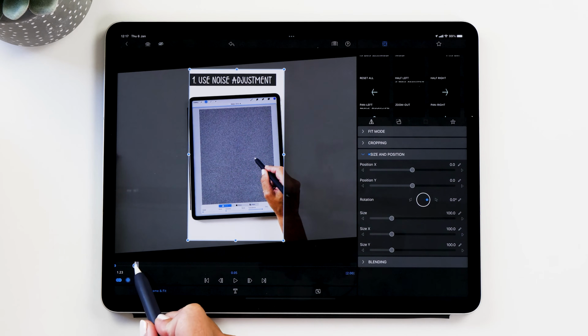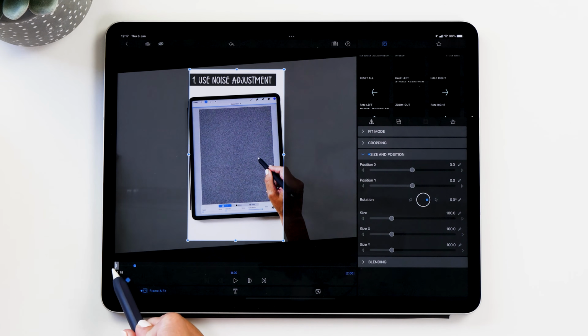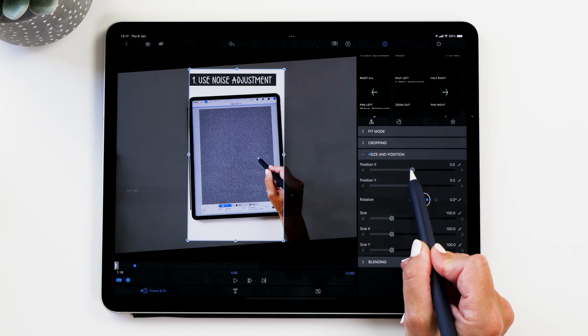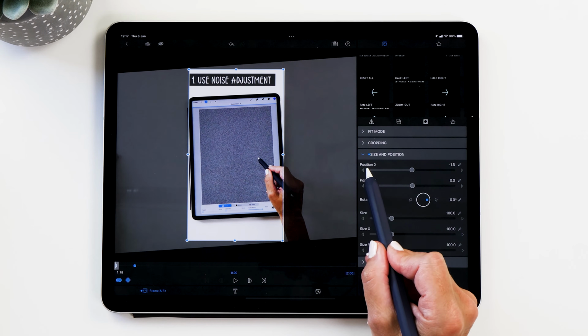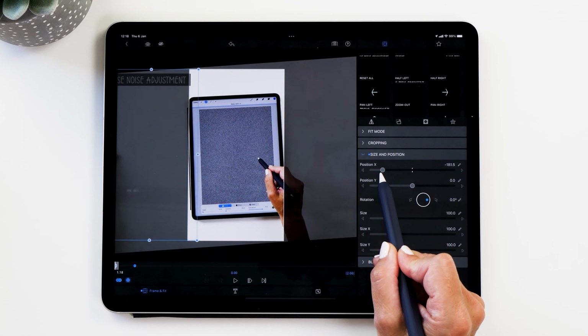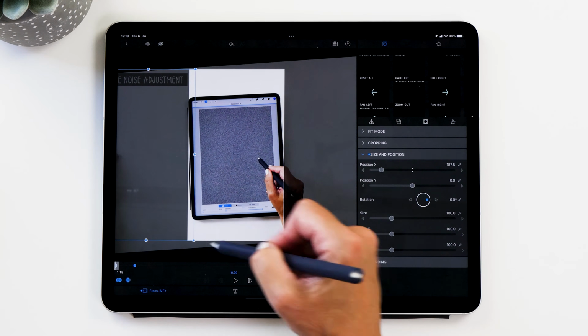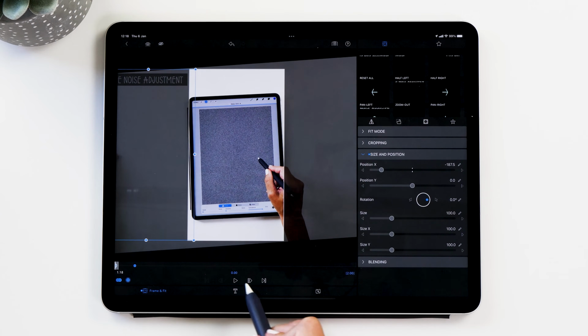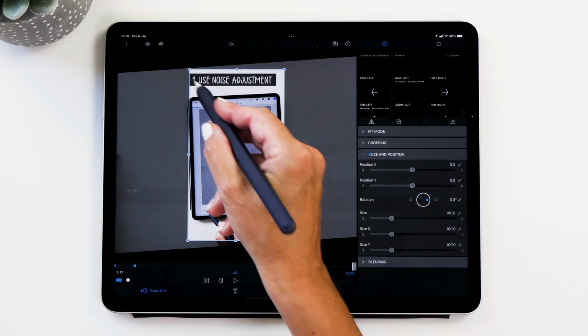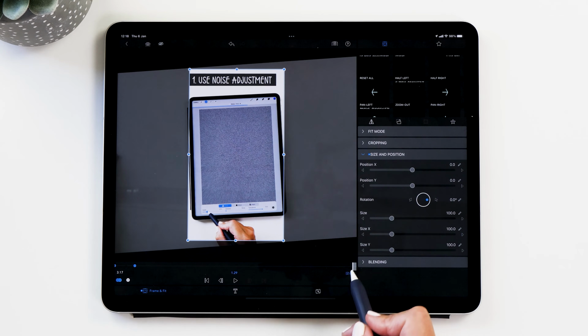And so what we need to do now is move the playhead all the way to the start, and now set the starting position of the animation. Go to size and position, and then use the position X slider to move the animation out. You want it to be just outside your viewing frame like this. And then you tap play, and you can see how it now animates the label into view, which is super cool.